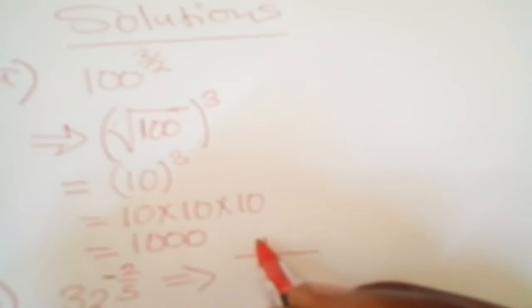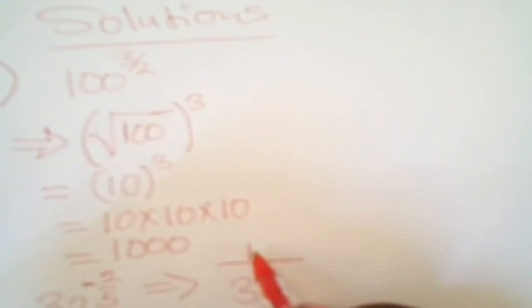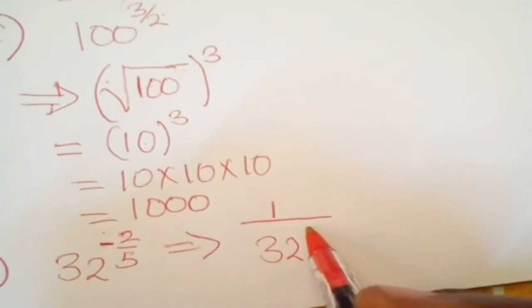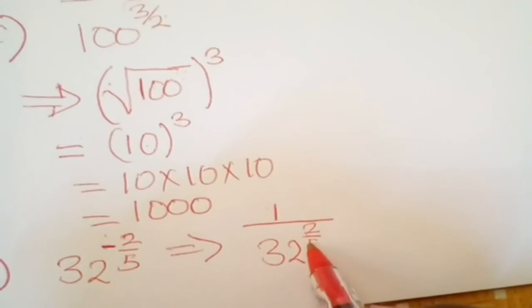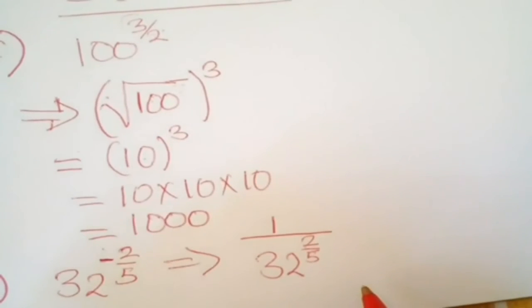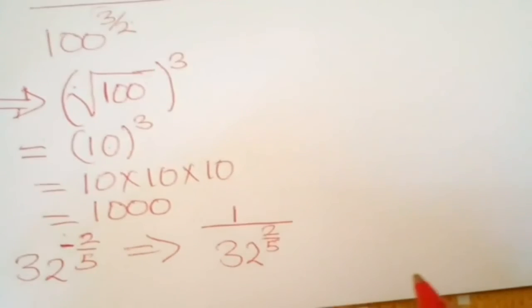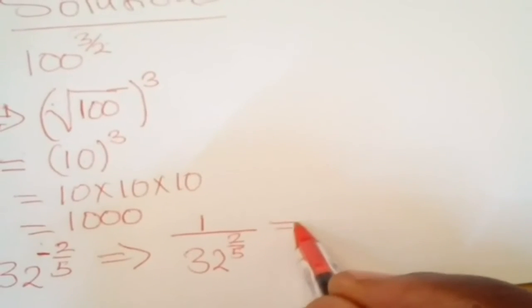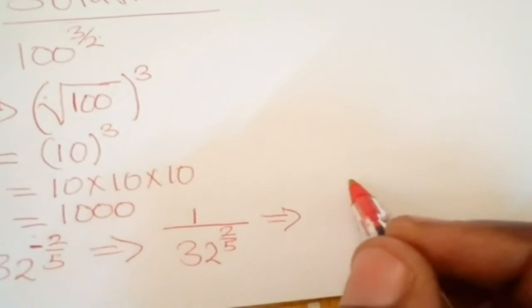So you are going to have 1 over 32. Now, because the negative power has become a fraction, we are going to have the power 2 over 5, like that. So this will imply that you're going to have 1 over,